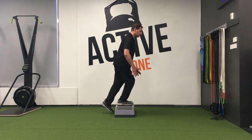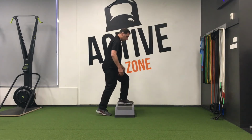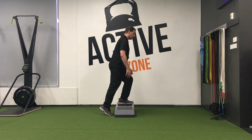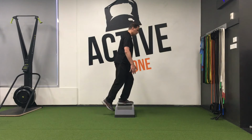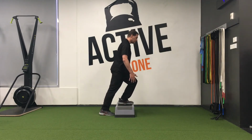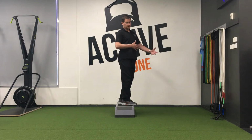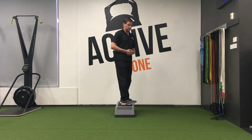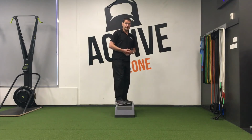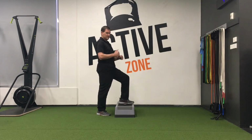So I repeat that for 10 on one side, and then I switch legs and repeat for 10 on the other side. Okay? So I'm using a step. You might have some steps at home, like a staircase or porch steps. You might use a chair or a bench or something like that. Be aware that if you're going too high and you can't do the movement with control, you're better finding a